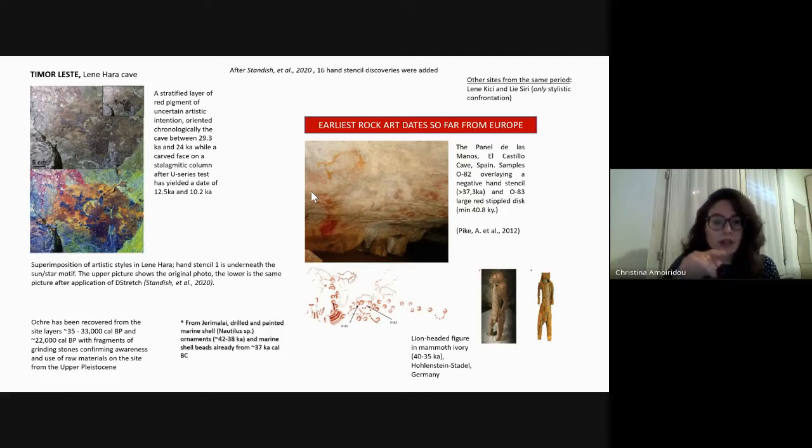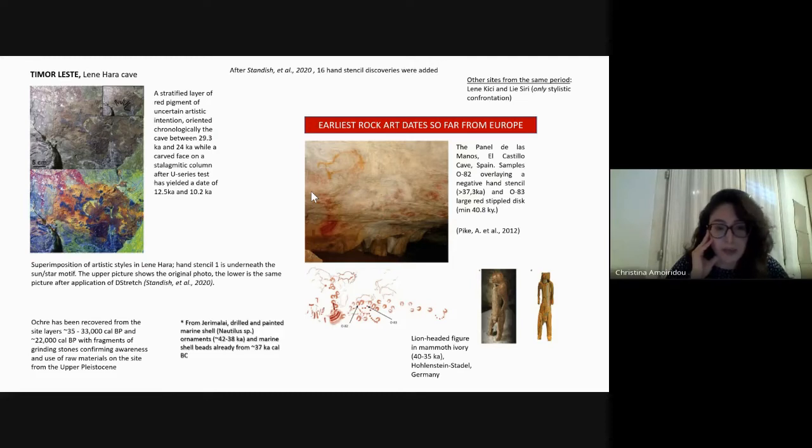Together with the superimposition here and the stratified layers, but again, we don't know if it's an uncertain artistic intention, and it comes from a current phase of the U-series test, so we don't know exactly. It has been proposed that they belong to the earlier phase dated to the Pleistocene. Ochre has been recovered from the site layers around 35 to 33,000 years cal BP, and 22,000 years cal BP, with fragments of grindstones